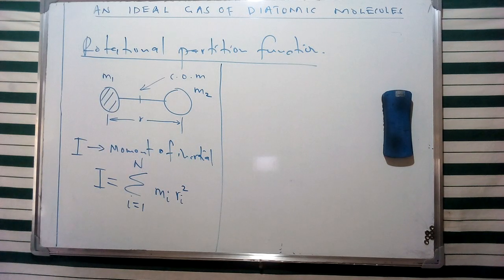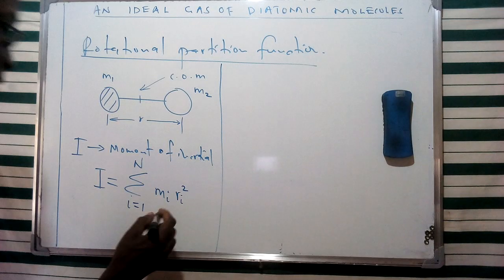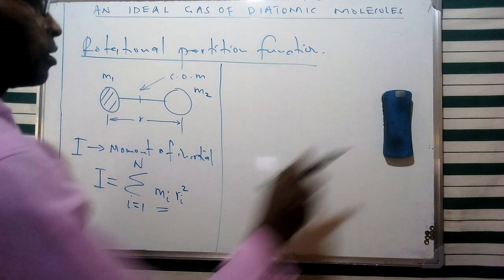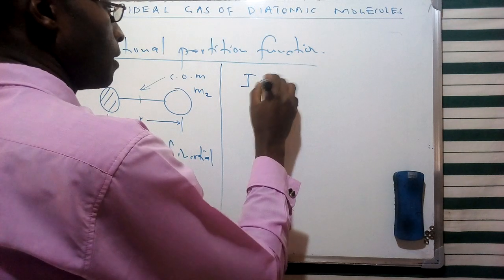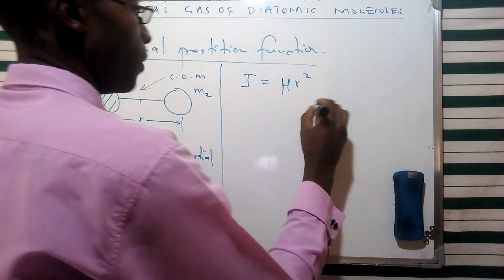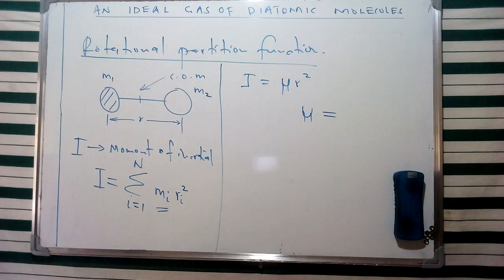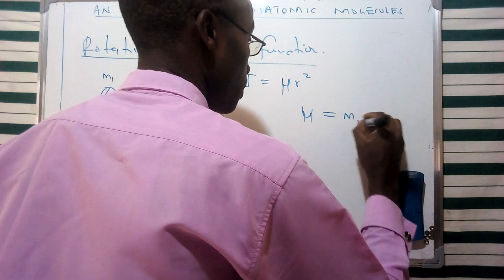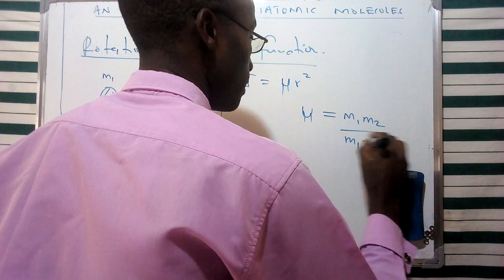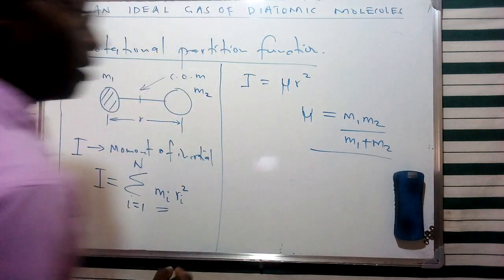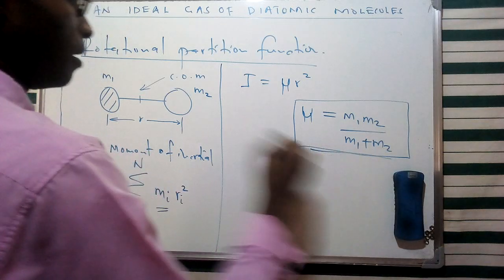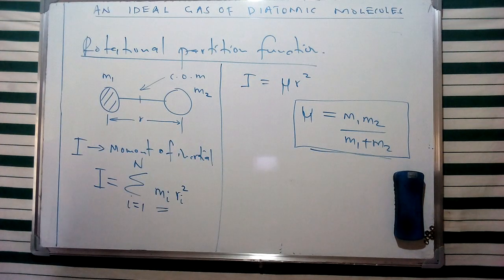And of course, it's going to assist us in trying to describe some of its properties insofar as the rotational partition function is concerned. Now, in this case, talking about the component of mass, we're going to use the concept of a reduced mass, which is given in terms of this specific notation, whereby the reduced mass of this arrangement can be given in terms of the product of the two masses, M1 M2 over the sum of these two masses, as we have been describing the reduced mass from description of the moment of inertia